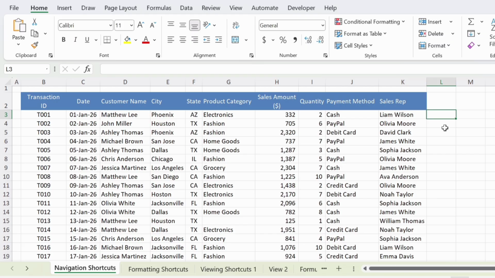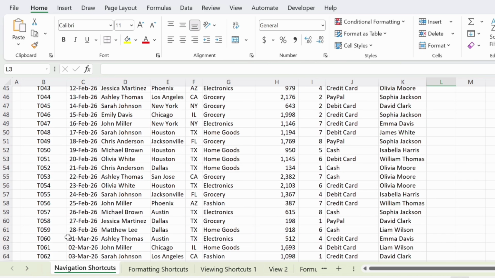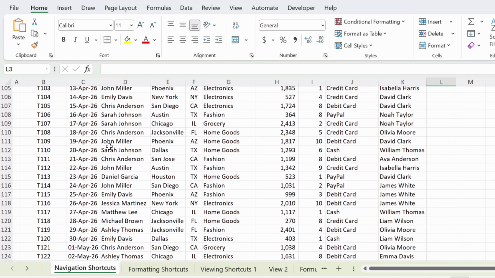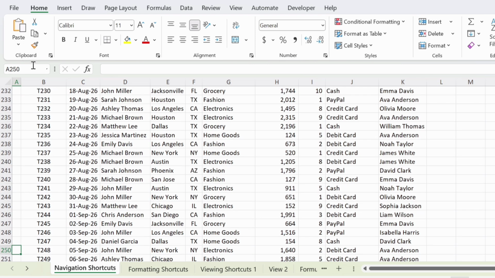Let's start with something simple but incredibly practical. Imagine you're working with a dataset that goes down hundreds or thousands of rows. So let's suppose I want to go to row 250. Scrolling down this list can take quite a lot of time. Instead, use this shortcut. Go to the name box, top left corner of Excel, type A250 and press enter. You are instantly there. In accounting, think of this like jumping straight to a specific ledger entry instead of flipping